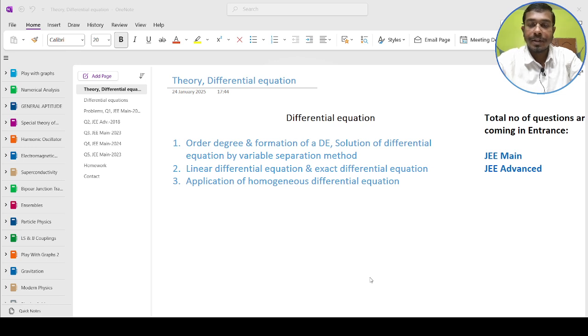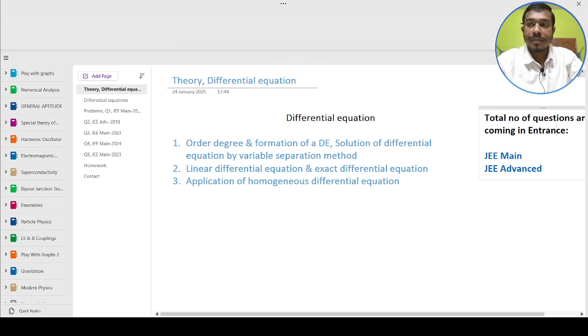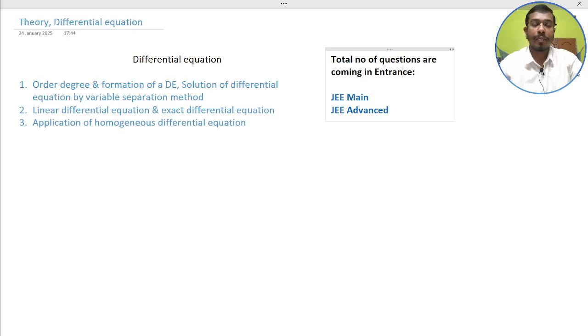In our previous lecture we discussed sequences and series from class 11, and in today's class we will cover differential equations, a very important topic from class 12. Here we will discuss the order, degree and formation of differential equations, and solution of differential equations by the variable separation method,